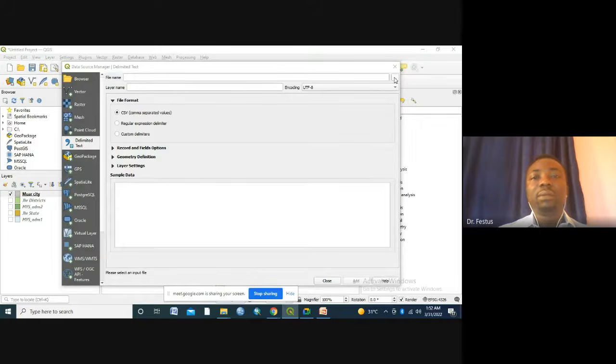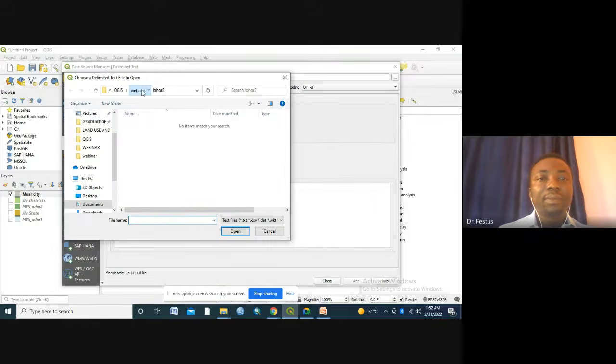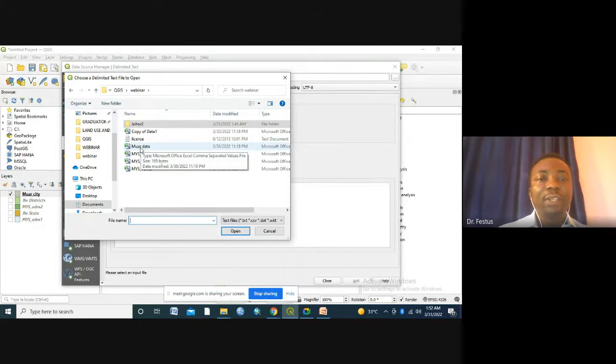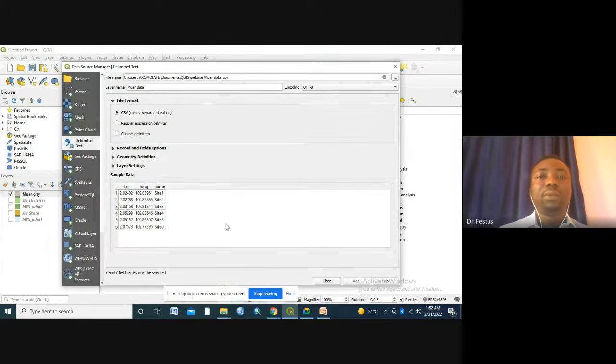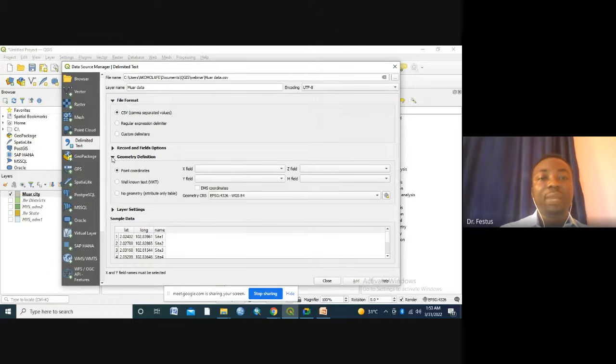So I'll click on this. So you can see my file is here. So more data. So I'll click on more data, then open. So automatically after you have clicked open, QGIS will bring up the data inside that Excel sheet for you. But that's not the end. You now have to select the geometry of the location. Usually for GIS, for map production, you click on this geometry definition,